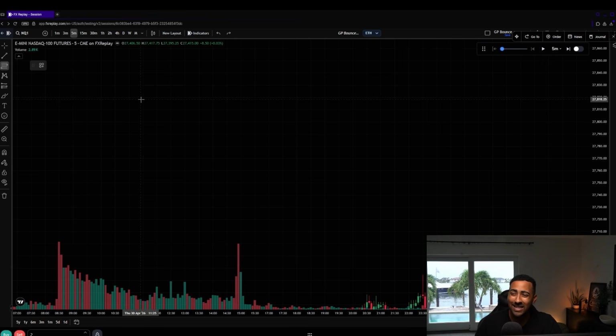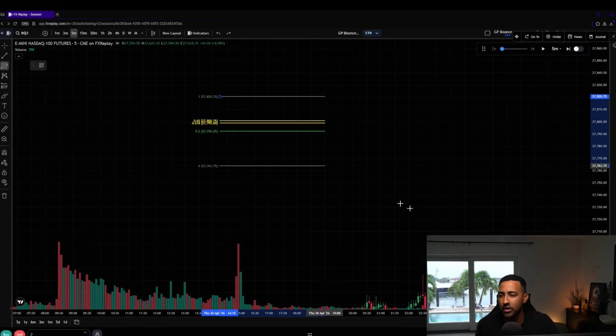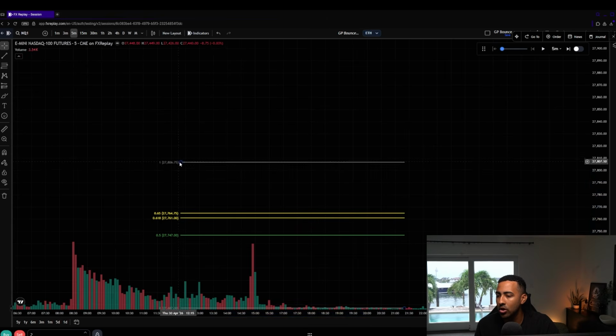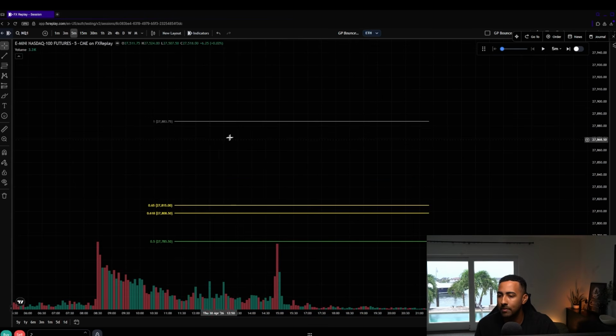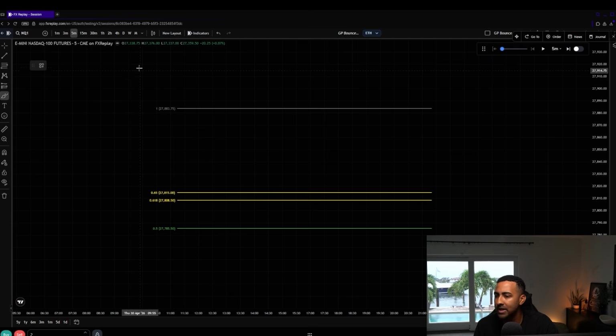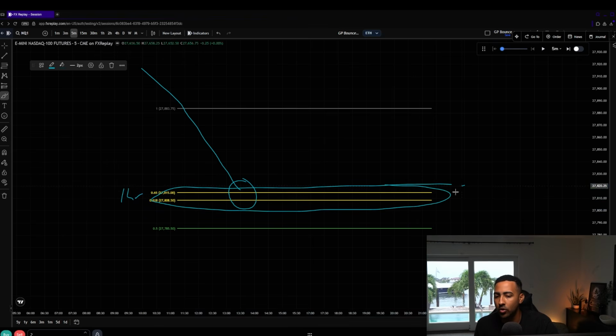There's a second system within it as well that you're going to see me probably take at least once in this video, where we have a large golden pocket that is over a bigger time frame. And then what ends up happening is we push all the way down into that. Let's say it's a 1 hour golden pocket. If you guys don't know, this is called your golden pocket here, or your GP,